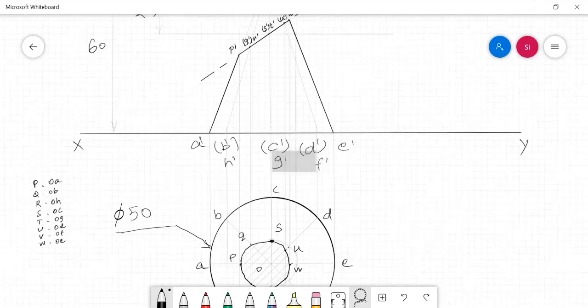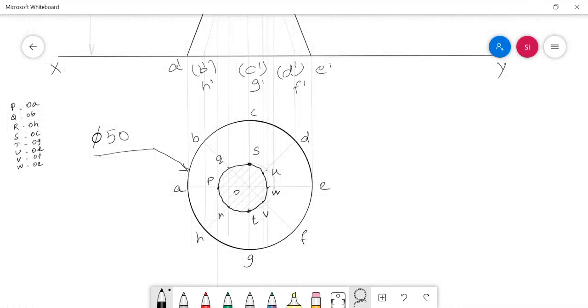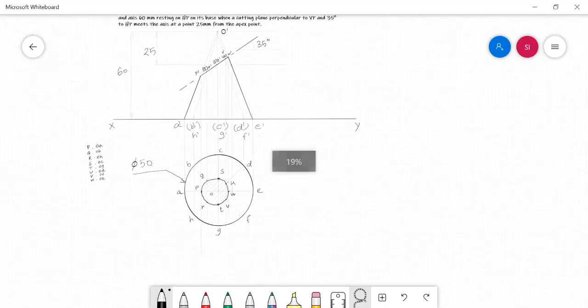The extreme generators which are darkened in the front view are also not to be darkened in the top view. Just leave them. They are not live edges, they are just extreme generators only. So you should not darken any generator in the top view. And now we can go for drawing the true shape of the section by projecting each and every cut point from the front view perpendicular to the cutting plane.